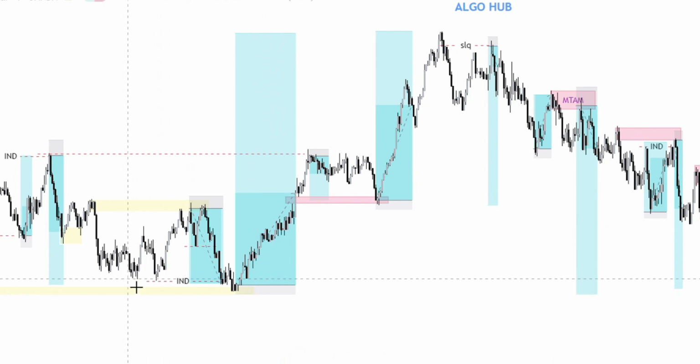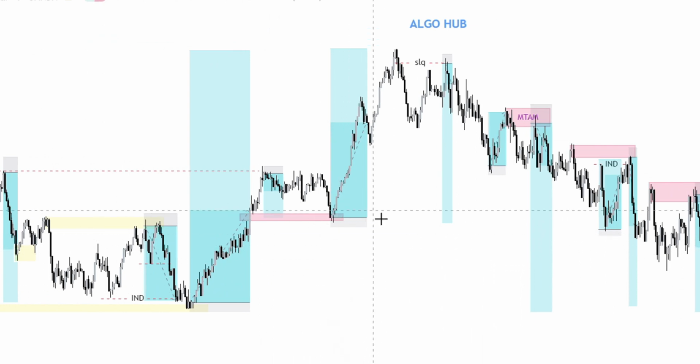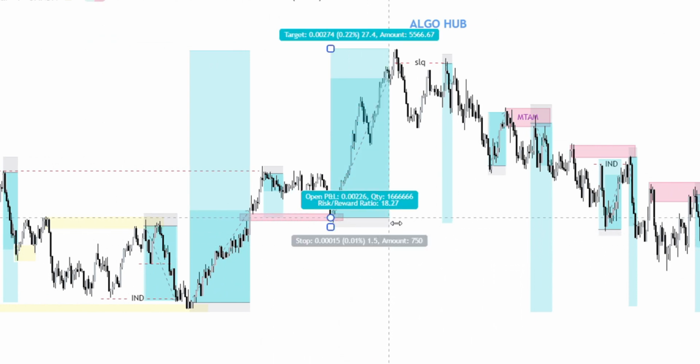So there are many different types of liquidities, not just the inducement liquidity and the structural liquidity. There are many different types of liquidities, including news liquidities. If you understand and master all of the liquidities, you can exactly know how the price is moving and where it was moving from and towards where it was moving.